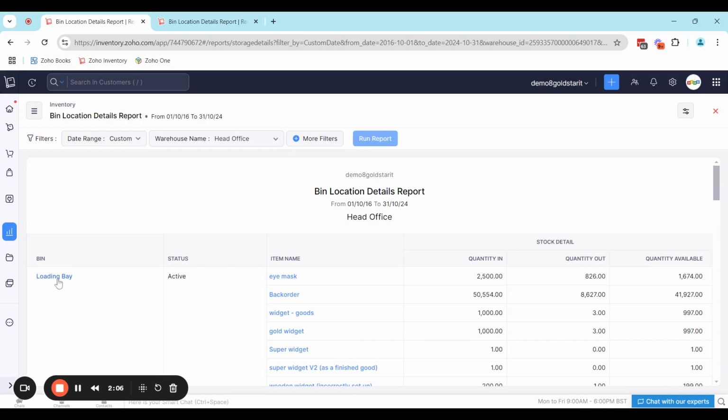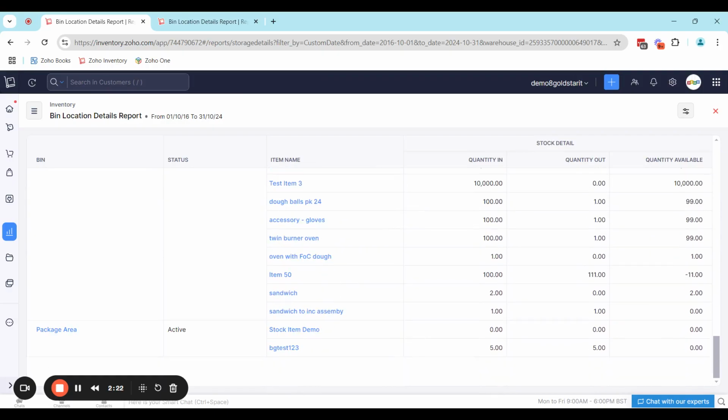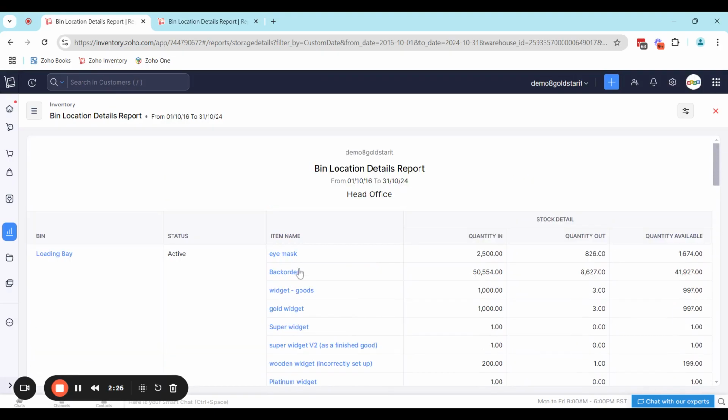So this gives us the breakdown of that loading bay, which we called the bin. It's active, and then this gives us all the quantities of goods that come in and out during this date range. And then if we summed all these up, we would get the balance that appeared in that previous